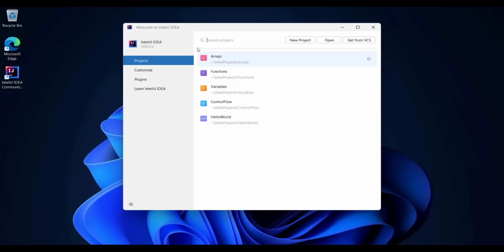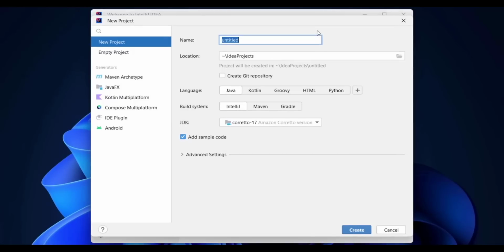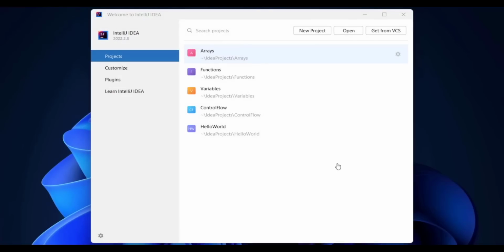Now it's time to do a challenge using the knowledge that we have accumulated so far. Therefore, I'm going to create a new project. I'm going to call it challenge. For the language, Java, build system IntelliJ. Make sure to have JDK version 17 selected here, and also make sure to check this box to have the main class and main function generated for us. Now I clicked on create, and our project is going to be created.